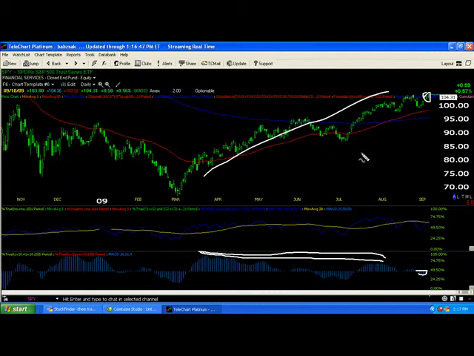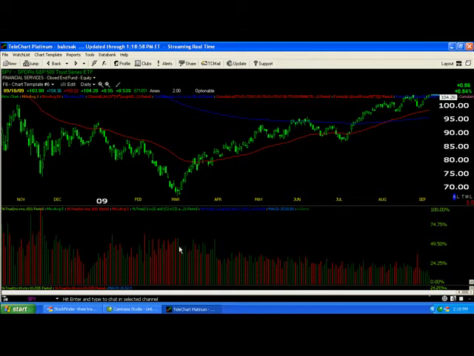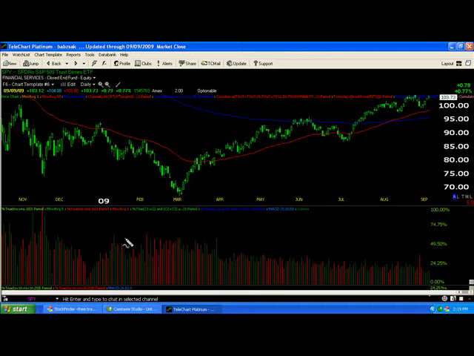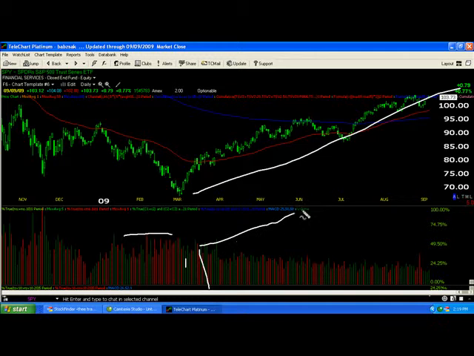Another very simple way is to look at volume. Okay, so what I've done now is I've added volume bars. When they're green, that means price closed up for the day. When they're red, price closed down for the day. Any trend that's moving up like this should see expanding volume. That expanding volume means that more and more traders are getting more aggressive, money is coming into the market, and